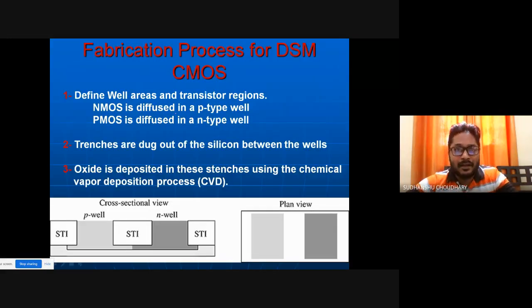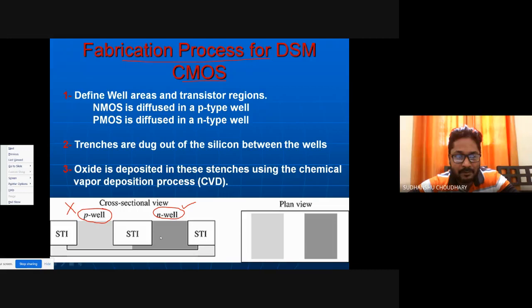Now for fabrication of CMOS, since CMOS has both PMOS and NMOS, and assuming that we have a substrate of P-type, in a P-type substrate, PMOS is created by using an N-well. Earlier, a long time back, we had two well processes, the N-well process and the P-well process, but now the P-well process is obsolete. We don't require it, so only the N-well process is utilized now. When both well processes were there, some sort of insulation had to be provided between these wells. Otherwise, these wells would have become connected and shorted.